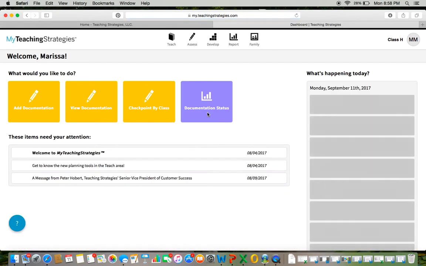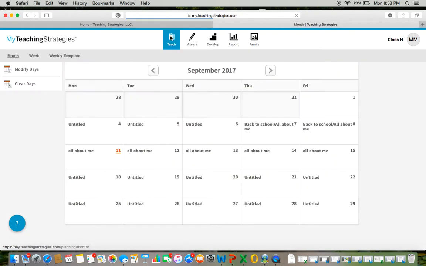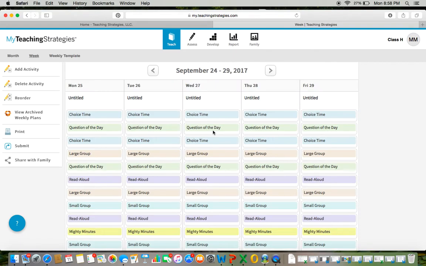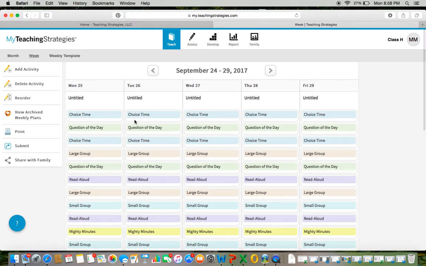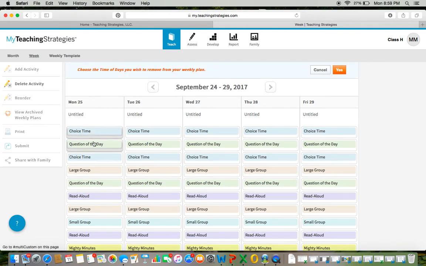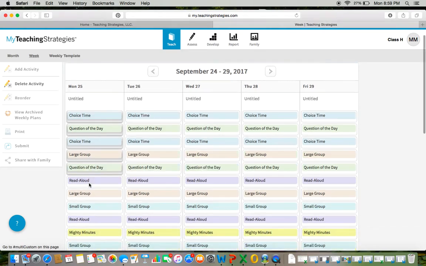And instead of editing your weekly template, I found something else that I think is easier, but it depends on you. So let's go on. I'm going to click on my September 25th, 26th. So now I have my template here. It's all set up. Now, what I'm going to do is I'm going to delete all my activities